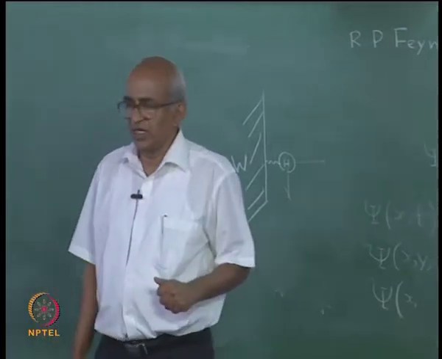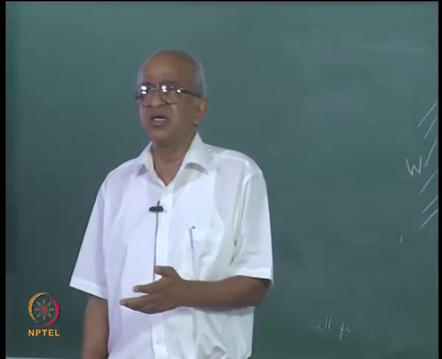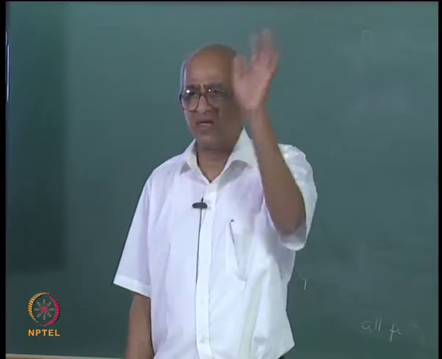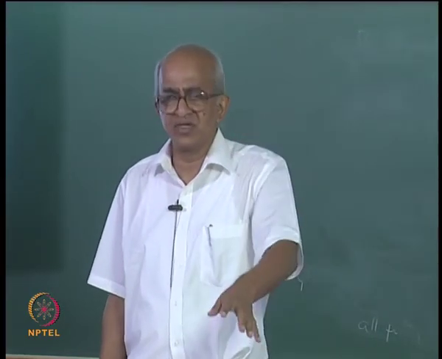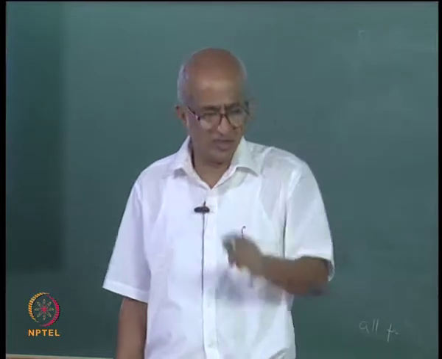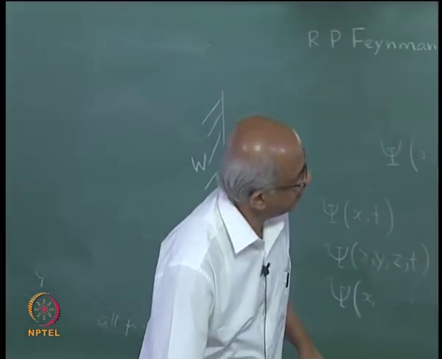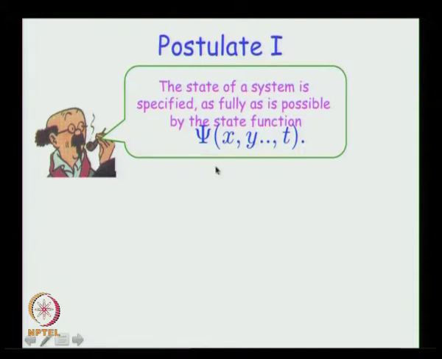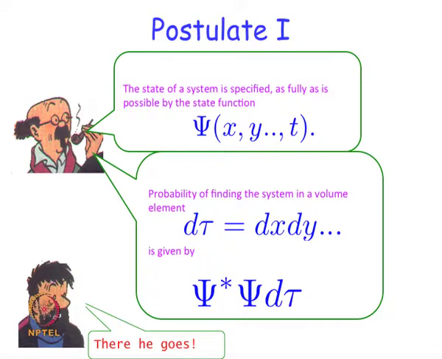But then you have the natural question, what is the use of the wave function? You are just saying okay, if you have a system, there is this function which we refer to as the wave function. Another word used for the same thing is state function, and in fact that is what is used here. The state of a system is specified as fully as is possible by the state function. Instead of writing state function, I could also write wave function, they mean the same thing. Okay. And then what is the use of this? That is mentioned in this part of the postulate 1. So, the postulate 1 actually continues.